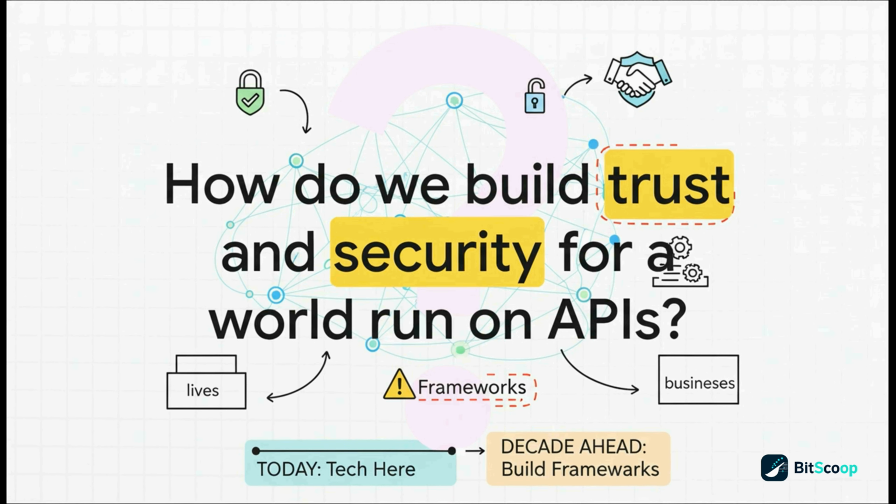And that leaves us with a big, final question, really for all of us. As we start letting these AI agents handle real tasks for us, in our jobs, in our personal lives, how do we build the guardrails? How do we create the trust and security that a world run on APIs and AI is going to need? The tech is practically here, but figuring out how to manage it safely, that isn't just a job for coders. It's one of the most important questions we're all going to have to answer over the next few years.